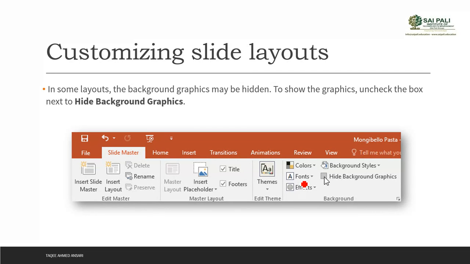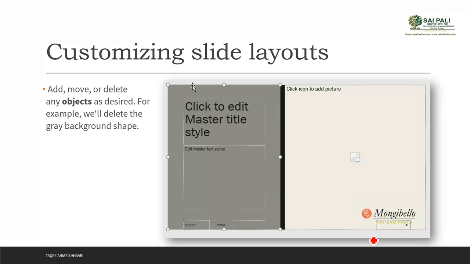Sometimes it will not show you the logo there, because Hide Background Graphics is selected, so what is in the background is not showing in slide master view. So you have to untick this, so that it will show all the things which are in the background also. Then you will be able to see everything.